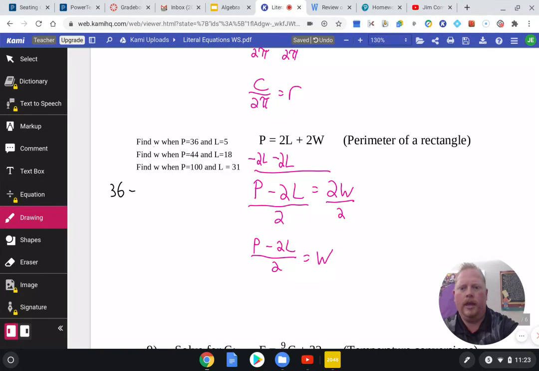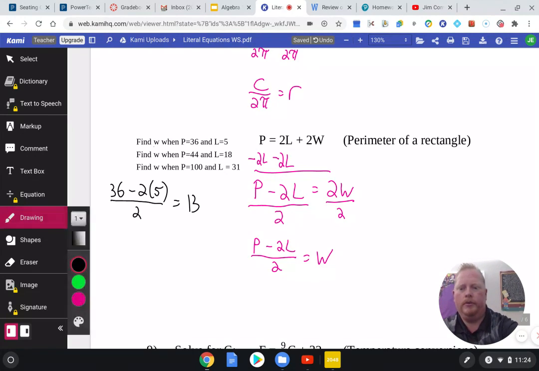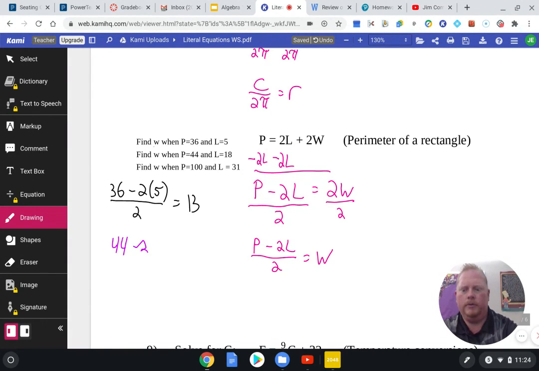So if I want to plug in 36 for P and 5 for L, I get 36 minus 10, which is 26. 26 divided by 2 is 13. If I plug in the 44 and the 18, 44 minus 2 times